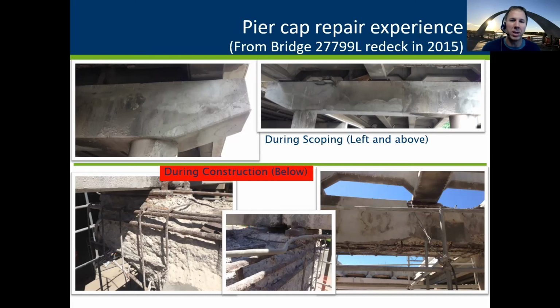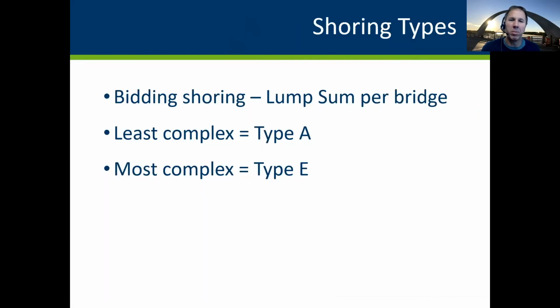And so if you've got a project with concrete surface repair on pier caps, you may also have shoring identified. We approached contractors with this bid item and asked them, how do we best manage this situation? They said, we do want to know what sort of shoring we want in there, and we want to know what we have to allocate for engineering time. So we agreed that we would try to identify all the locations we want shoring on the bridge. It's going to be a lump sum. And we're going to classify what we think the shoring type is at each location.